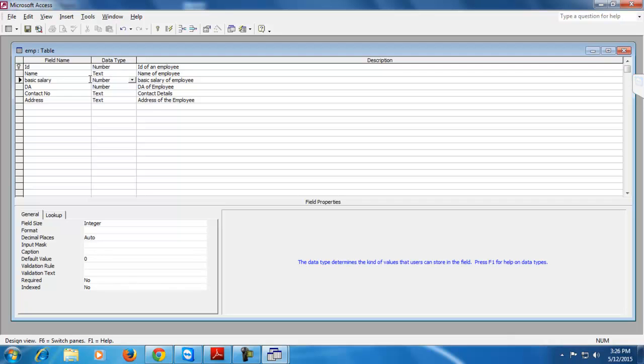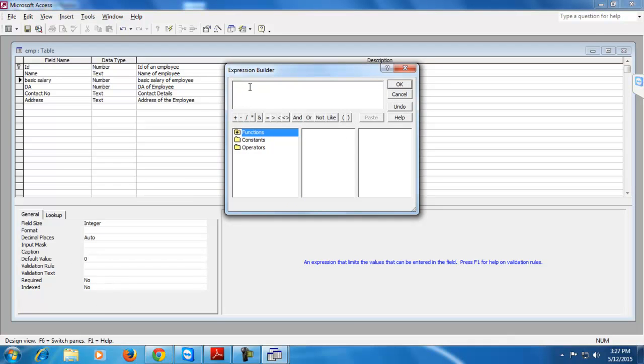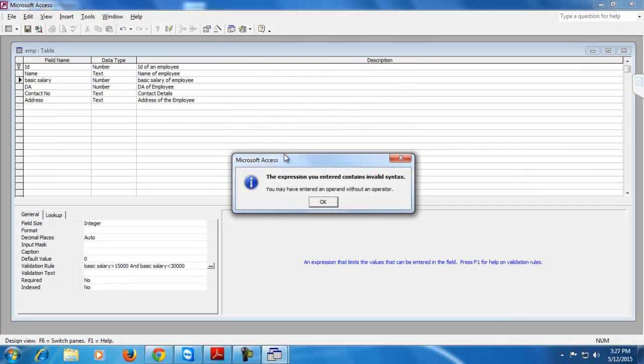And to apply the validation, first of all click on the field on which you want to apply the validation, then go to the validation rule, click on this, and write basic salary should be greater than 15,000 and basic salary should be less than 30,000. In this way you can specify the condition and click on OK.